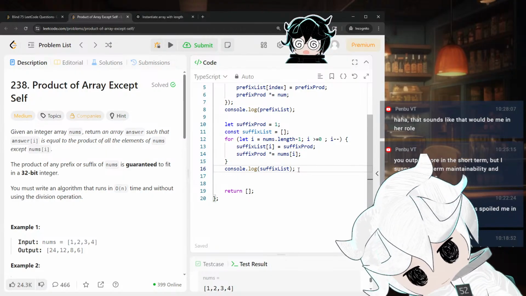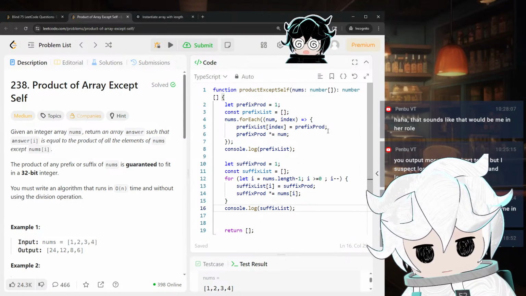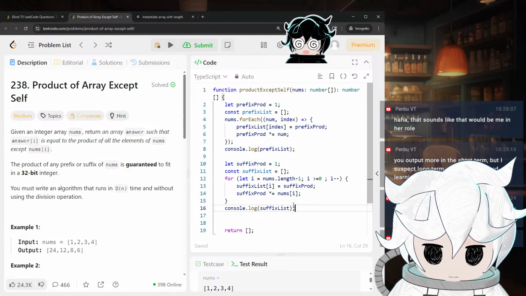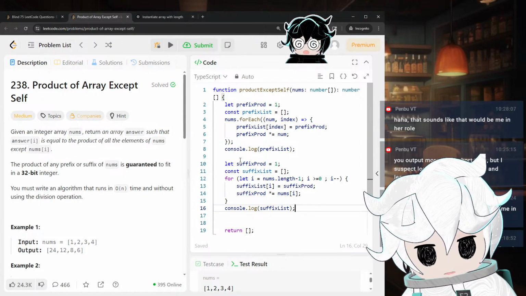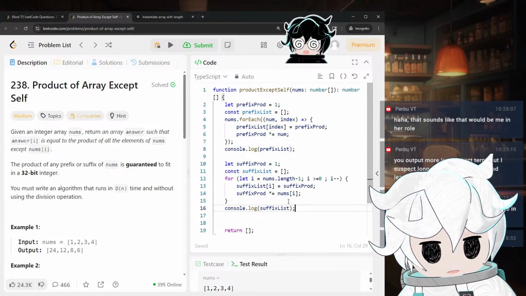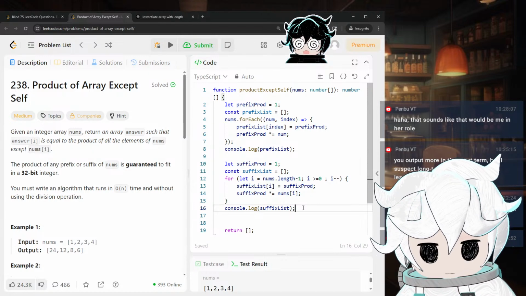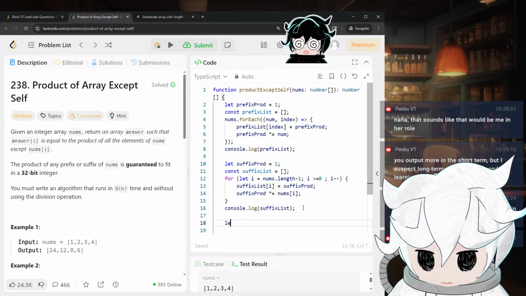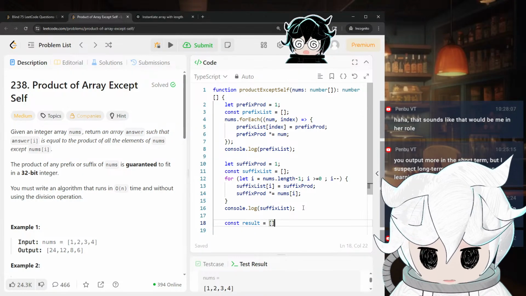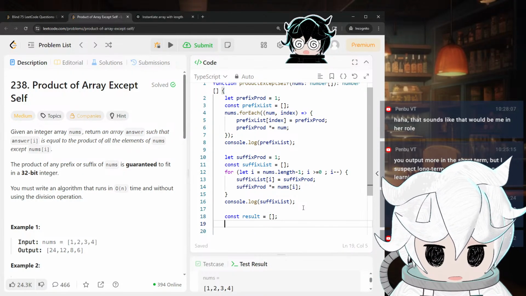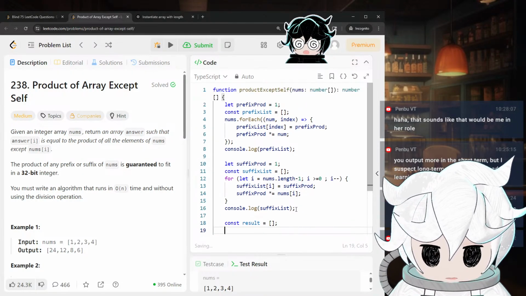Okay, suffix looks good. So now we just have to iterate through each index and then take the prefix, multiply by the suffix, put it into a list, and return it. Yeah, all right. So let const result equal an empty list. Oh my gosh, that's so convenient. You don't have to specify